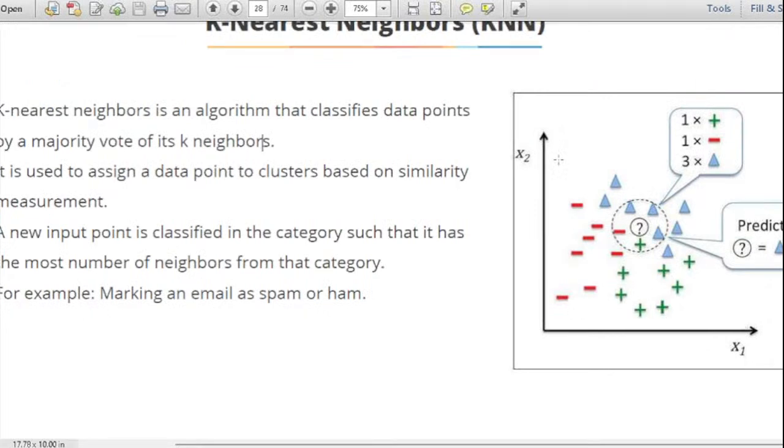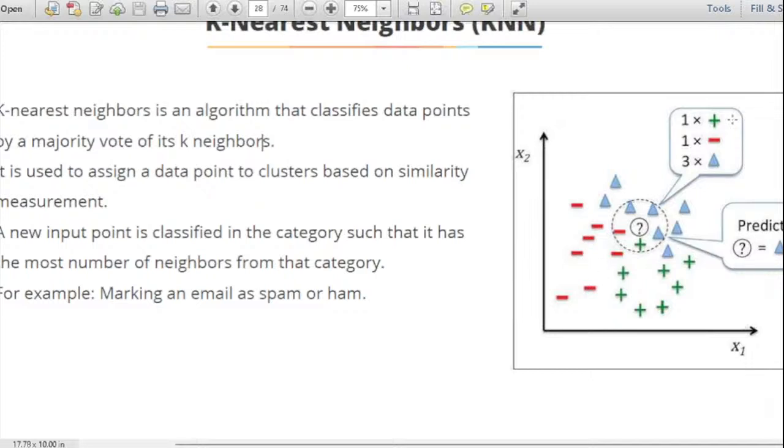Let's say these are three groups you can see: group red, group blue, group green. Now, a new data point comes in, the question mark is the new data point. What K nearest neighbor will do is, we first have to define what K is, as I said. Let's say in this case K is 5, which means it will